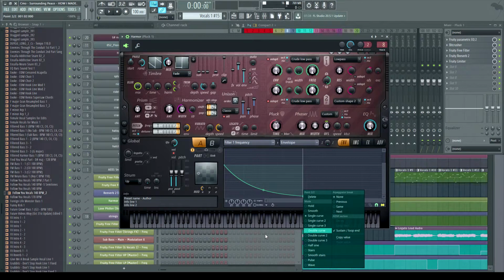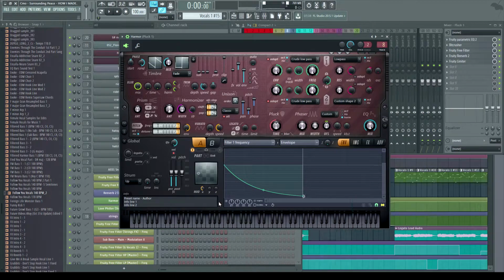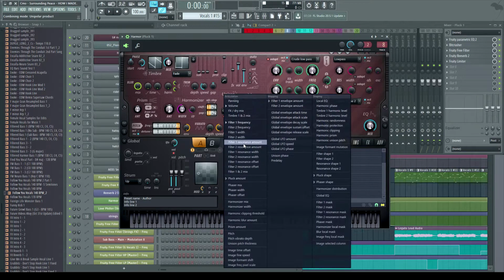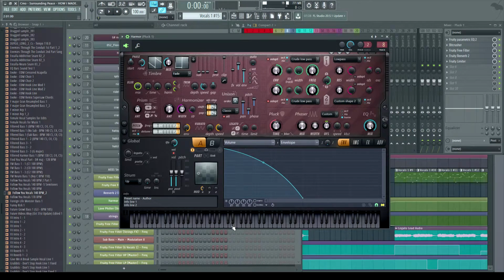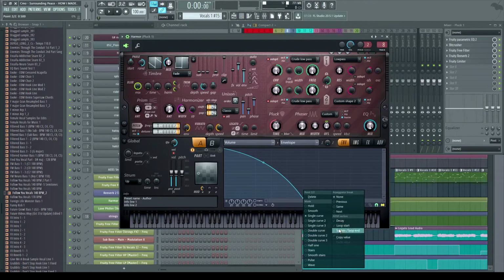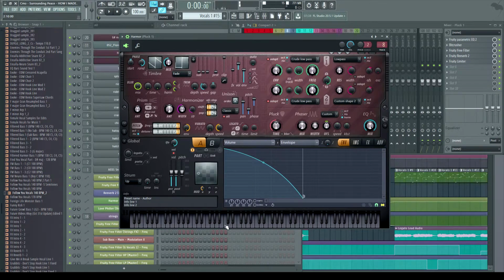And again, sustain loop in, because what that's going to do is, whenever you stop holding down your note, whether in MIDI or via key press or something like that, it's going to turn it off the moment you stop playing it. But if you don't have it enabled, no matter what you press, it's still going to play the same note. And it's even more obvious when you have the volume doing the same thing, which is again why you want to have that enabled. Versus something like this. Very important.